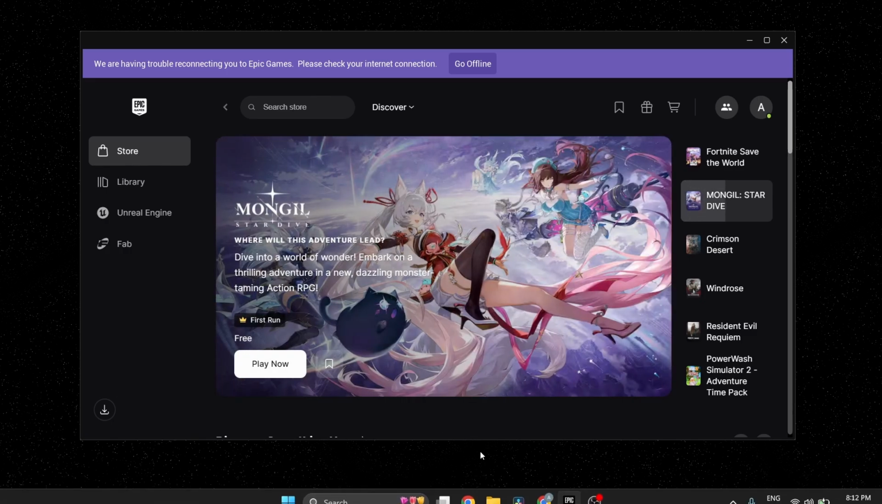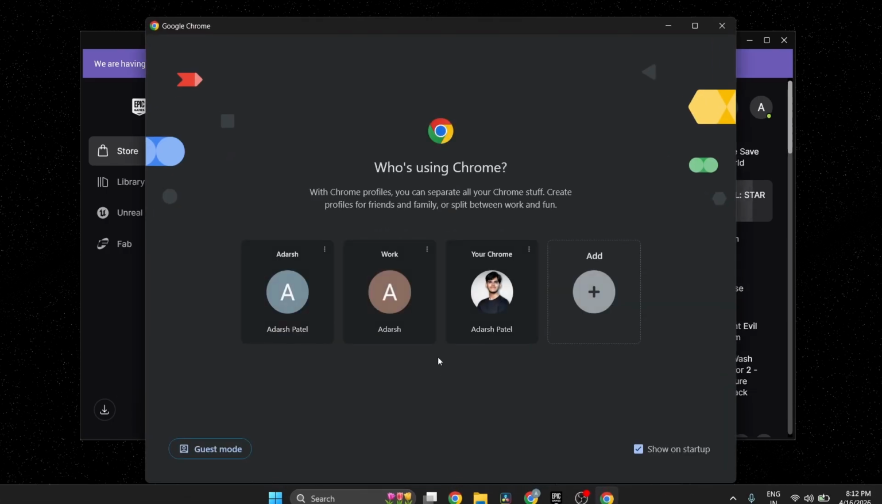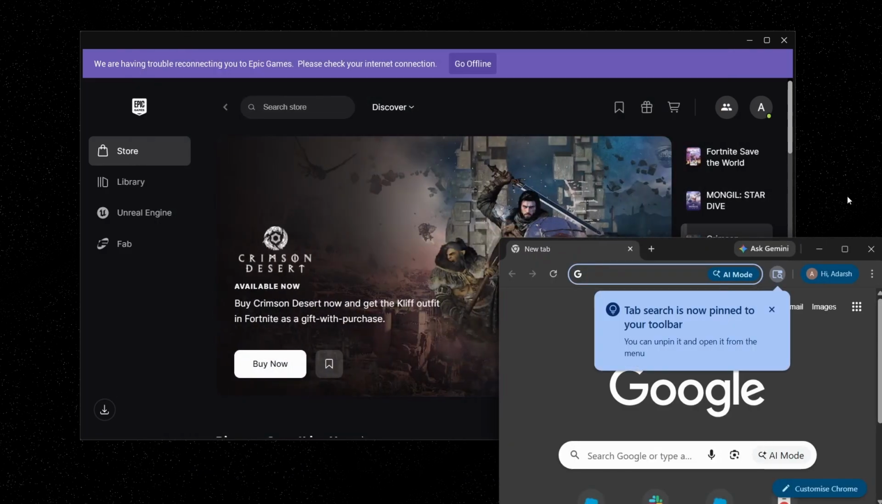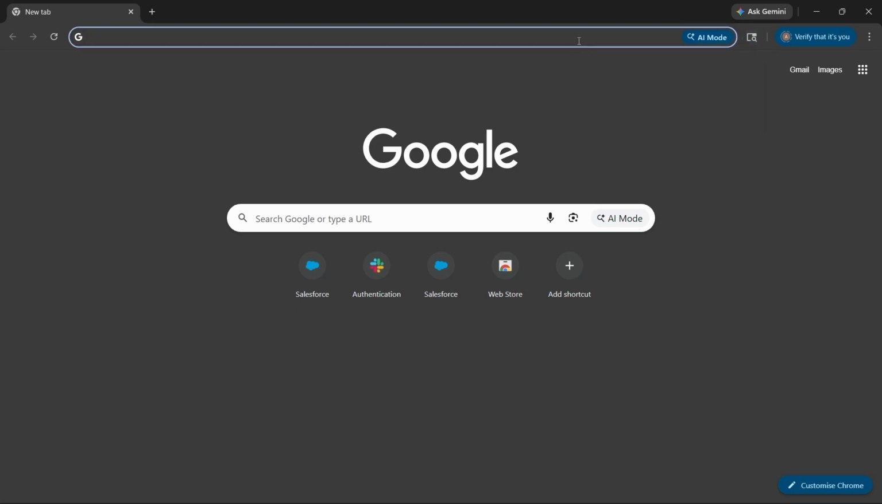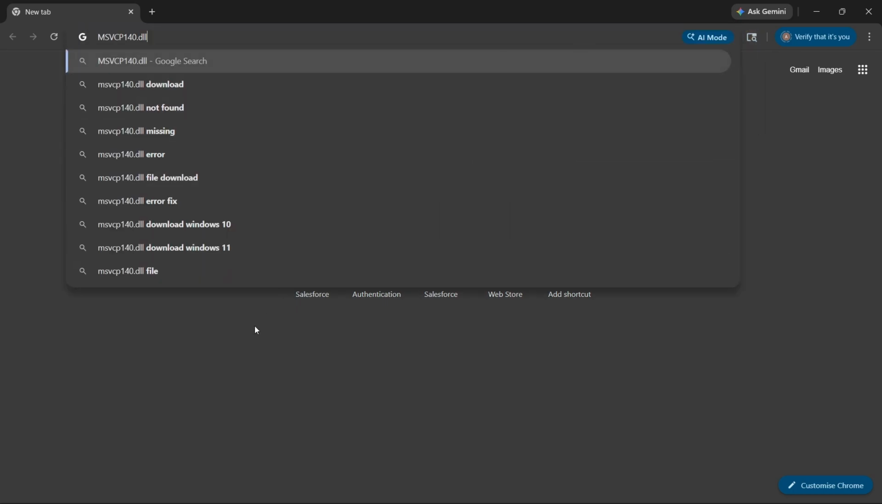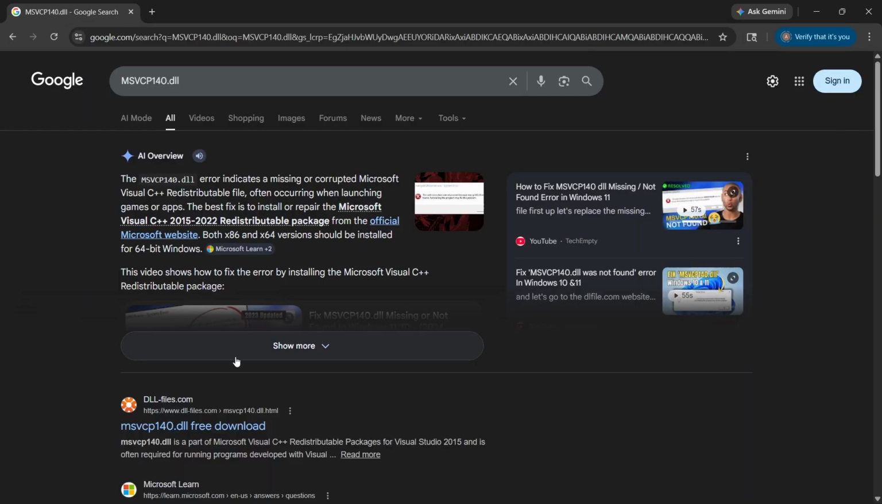Now in order to do it, just simply open any browser on your system. Now here inside the browser you need to type the exact name of the DLL file that you want to download, that you're facing the error for. For example, if you face the error of MSVCP140.dll file, just simply hit enter, and here you'll see